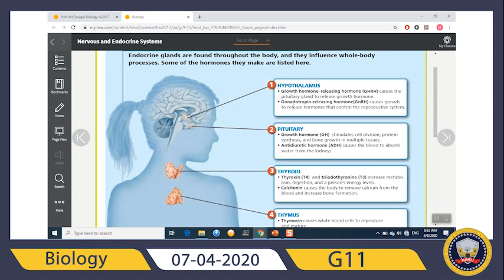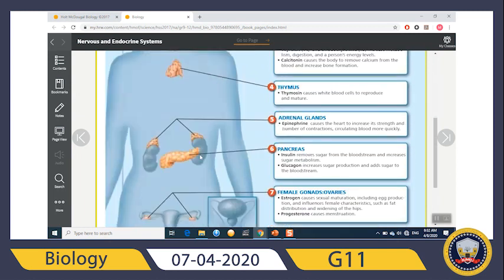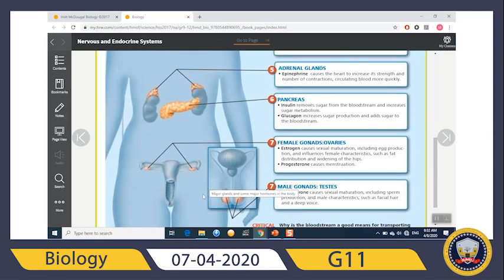Now, gonadotropin releasing hormone, GnRH, causes gonads to release hormones that control the reproductive system. So a hormone released by the hypothalamus, GnRH, goes to the gonads, triggering the mechanism of releasing the hormones here